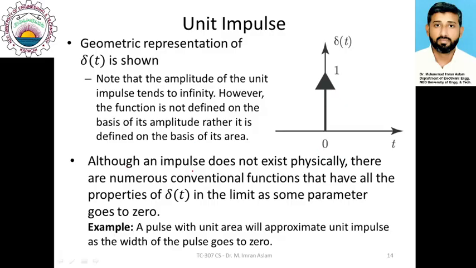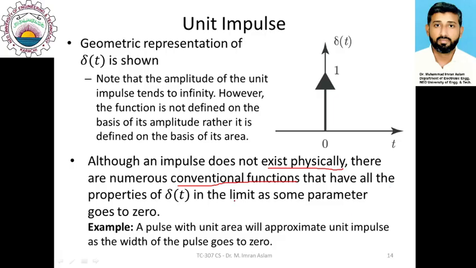This impulse function is actually a mathematically ideal function, and it does not exist physically. There are no physical functions which you can practically generate in a laboratory to actually represent a unit impulse function. However, there are a number of conventional functions that can approximate it, and they can have the properties of delta t